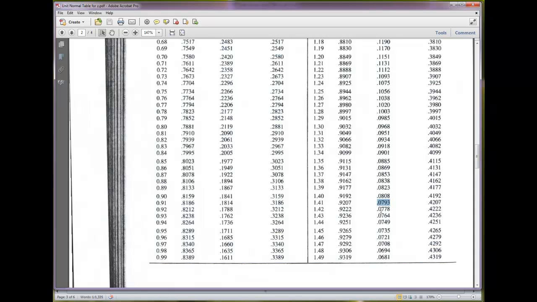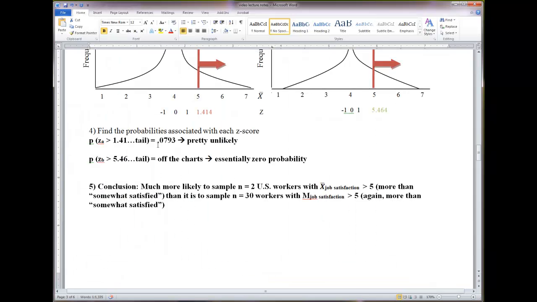So that's pretty unlikely. So if we go back, you'll see that 0.0793. Now if you look in the table, you'll see that it only goes to 4. So literally 5.46 is off the charts. So we could just pretty much say it's pretty much impossible. There is some sort of probability associated with it. That table is not all inclusive, but it's extremely low, and it's lower than the probability of getting an extreme